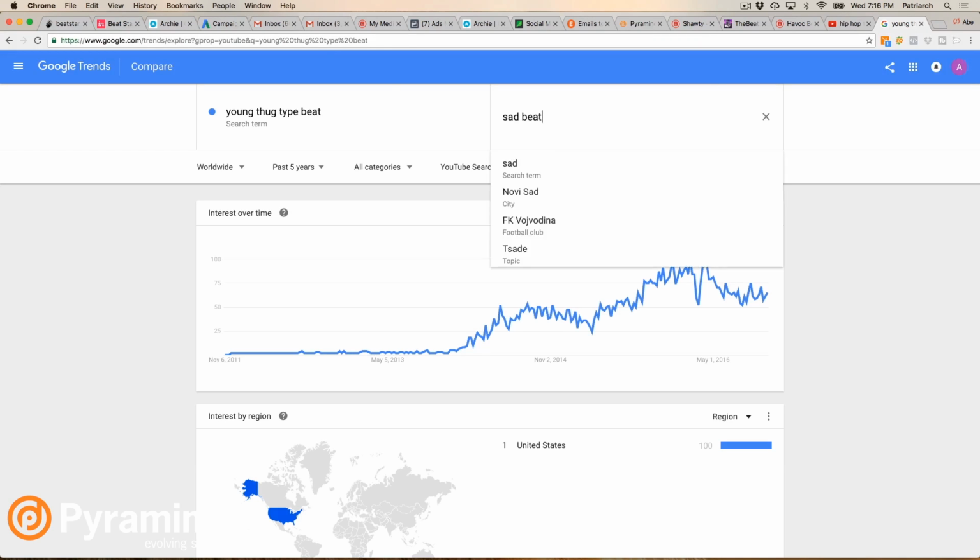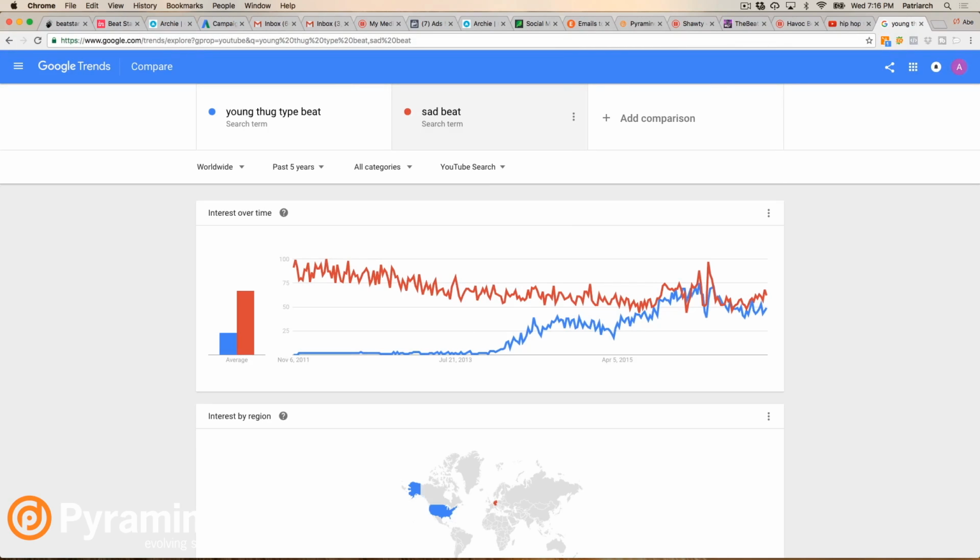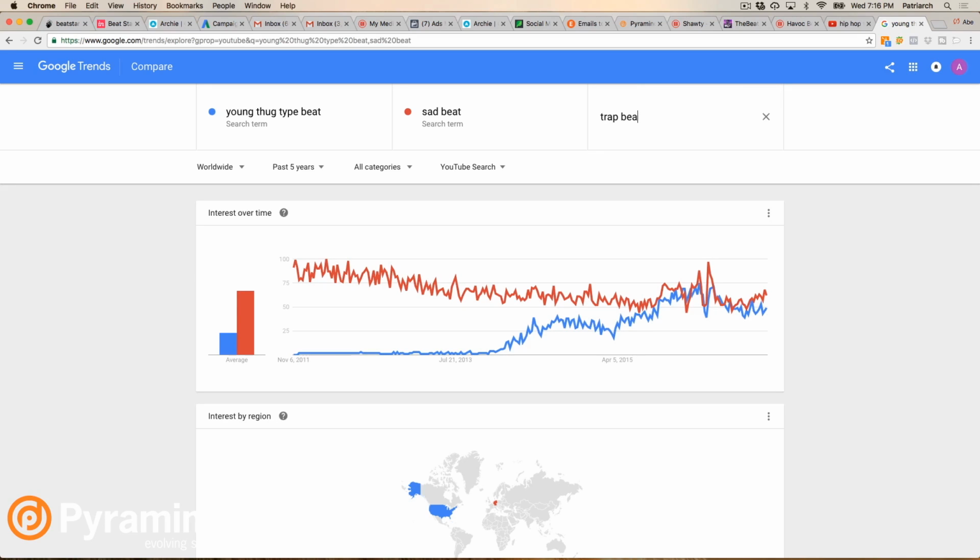So when you search just sad beat or happy beat, inspiring beat, you could see that line is much straighter, and it's going to be a lot straighter for years and years to come because it's such a general term. When you focus on an artist type beat, those artists stay relevant for a year or two, and then that's it, right? A lot of artists. So if you focus all your energy on trying to rank on a Young Thug or a Future type beat or something like that, you're going to limit the long tail, because when you go for